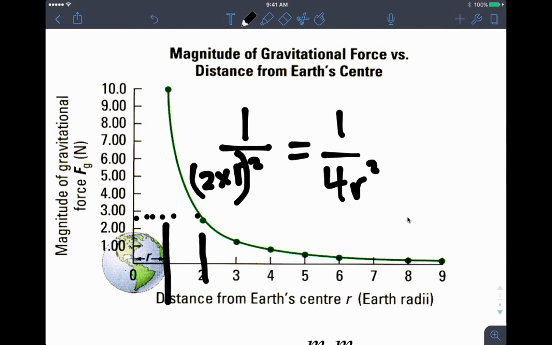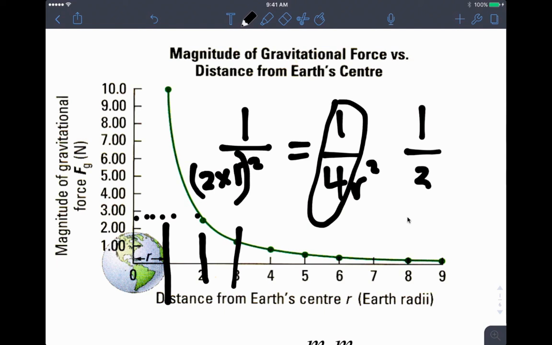Because 2r times 2r is 4r squared, so you're really changing it by a factor of 1 over 4. And that pattern just keeps repeating itself. If we go 3 times as far, that's 1 over (3r) squared, so that becomes 1 over 9. So if you triple the separation distance between two masses, the force of gravity drops by a factor